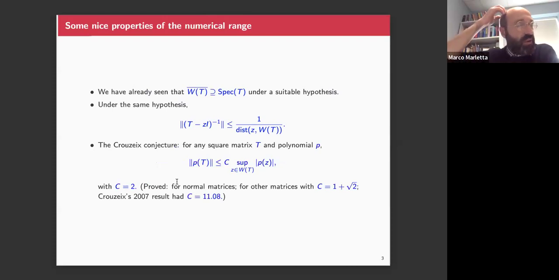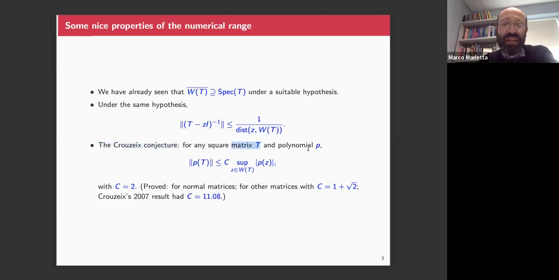Now, there's one other thing about numerical range that you become quickly aware of if you go to something like one of the IWOTA conferences. At the IWOTA conferences, numerical ranges are now big business, and the parallel sessions on numerical ranges are some of the most popular. Typically, you'd have 60 talks at IWOTA on numerical ranges, and there are lots of people working on variations on the Crouzeix conjecture and other related conjectures. This is a very simple conjecture to state: if you take any square matrix, so we're not even talking about operators here, we're talking about matrices,